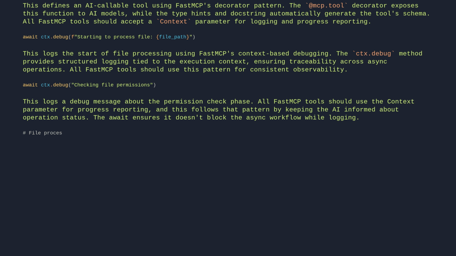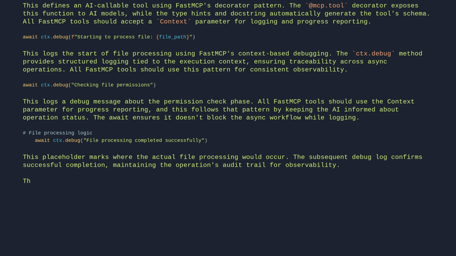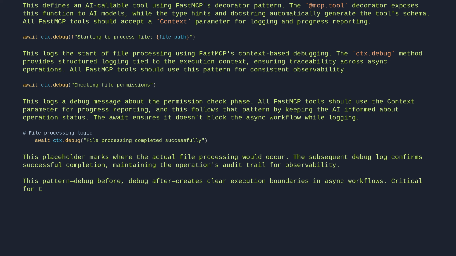# File processing logic await ctx.debug("File processing completed successfully") This placeholder marks where the actual file processing would occur. The subsequent debug log confirms successful completion, maintaining the operation's audit trail for observability. This pattern, debug before, debug after, creates clear execution boundaries in async workflows, critical for troubleshooting distributed systems where operations may span multiple services. return "File processed"